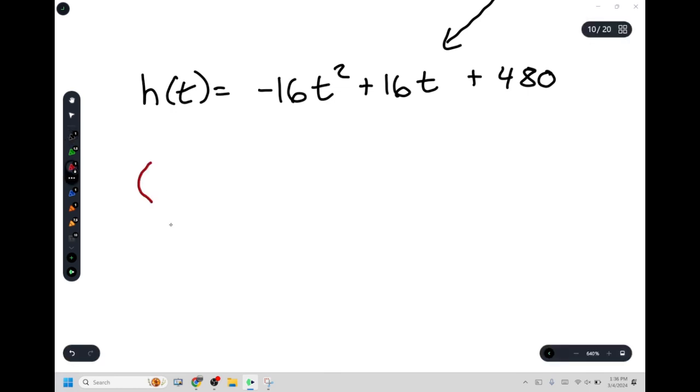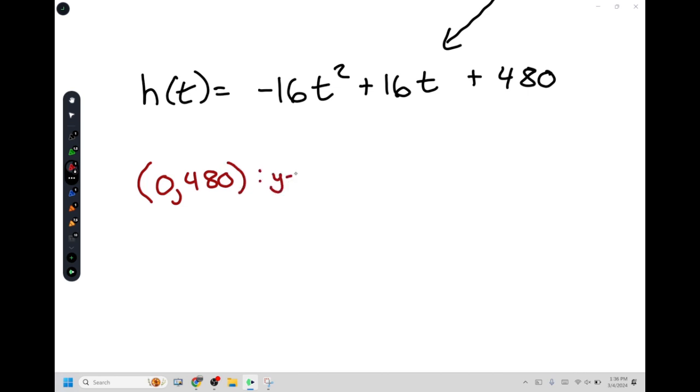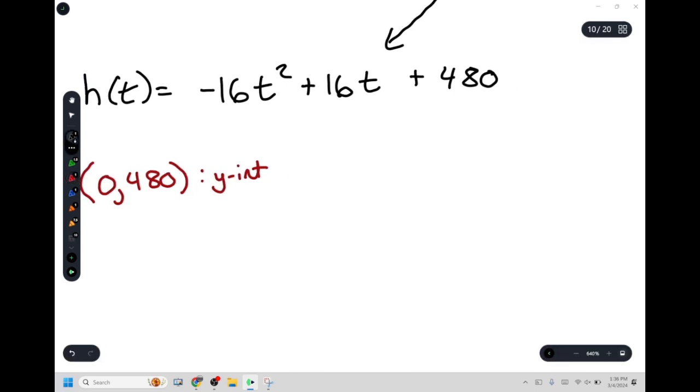The y-intercept is... okay, we got one thing. This is a fun game we're playing. Do we know anything else that we could find? The max. Find the h equals negative b